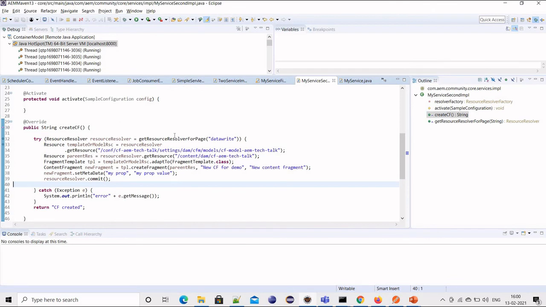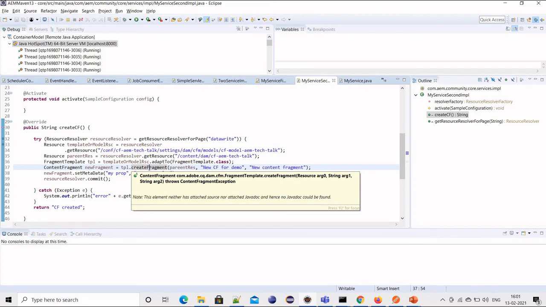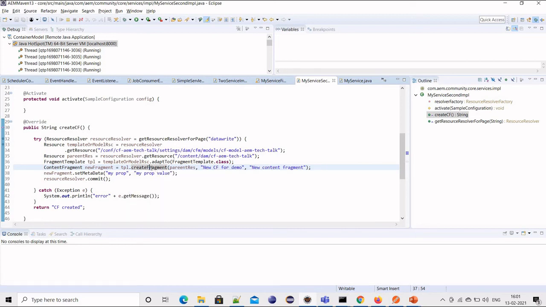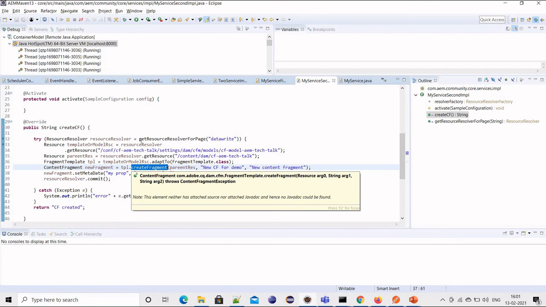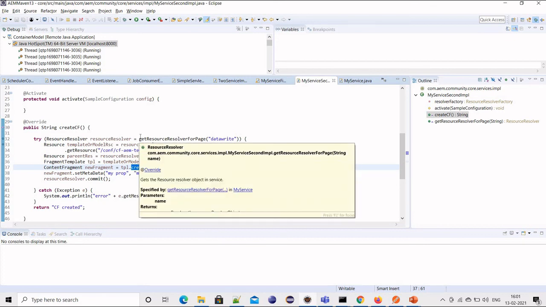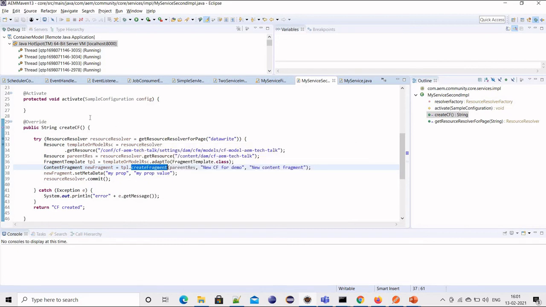One thing to note here, basically this create fragment method is available after the 6.3.3 uberjar. So if you are using a previous version, you have to upgrade your uberjar, because in lower versions we don't have this create fragment method. Let's just wait for another few seconds.